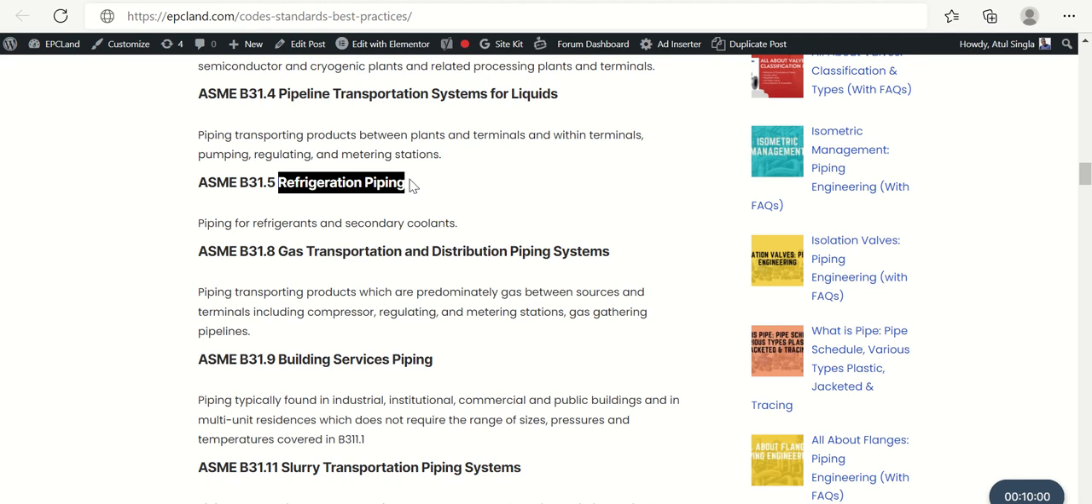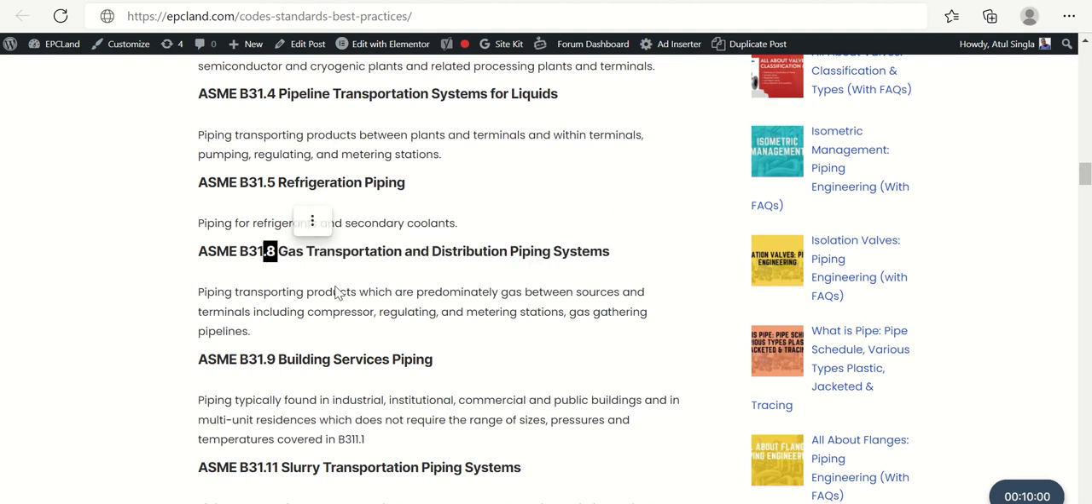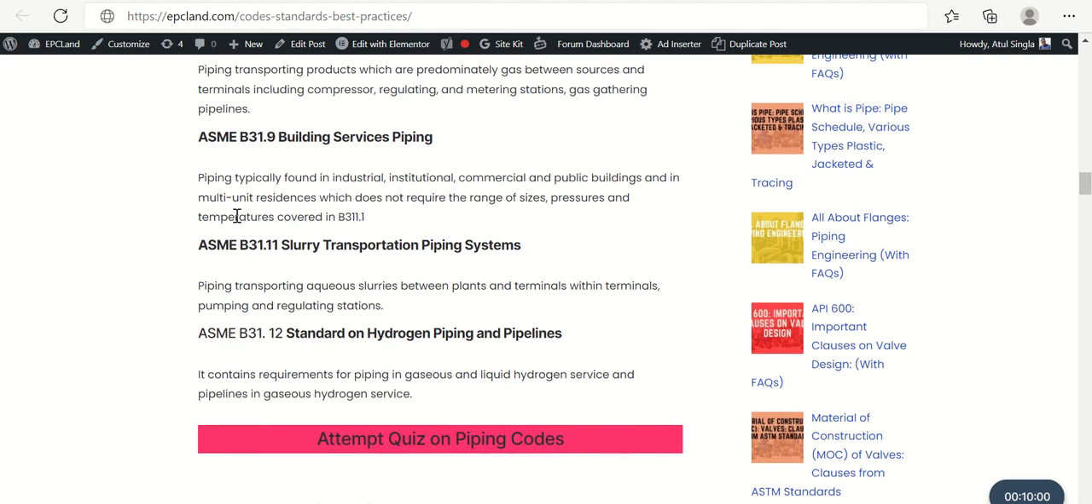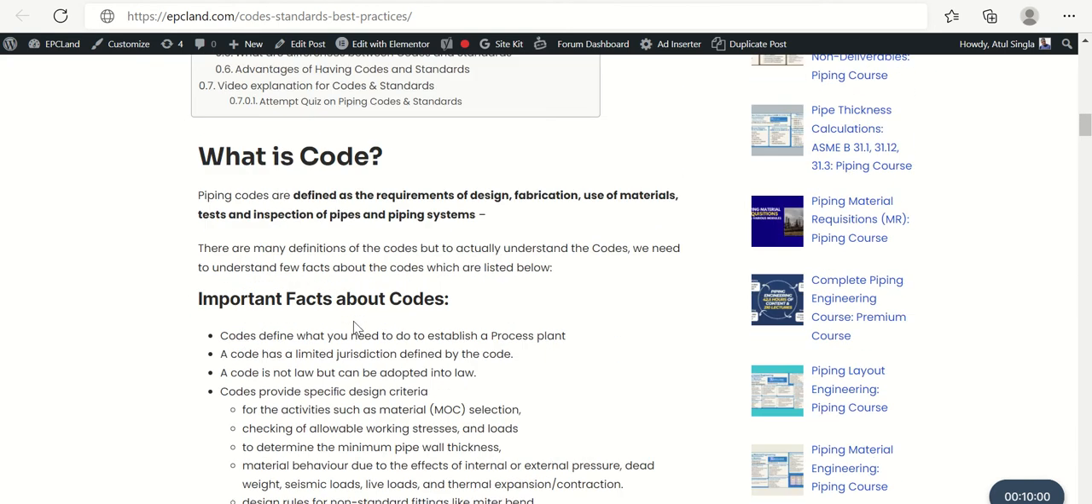Again, refrigeration piping, there is B31.5. Gas transportation and distribution piping systems: if you want to design a piping system for transporting or distributing the gas, then we have to refer to B31.8. For building services piping, we have to use B31.9. For slurry transportation, standard for hydrogen and piping. So these are the codes which are available with us to design our